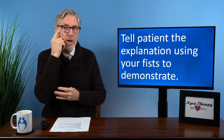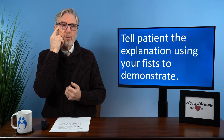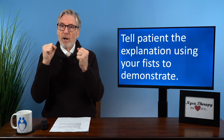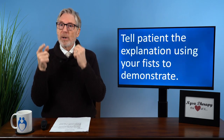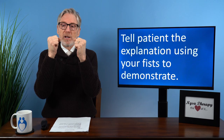And it's mostly nonverbal. So we're going to explain things with words, but we want to show it to the right brain because the right brain is spatial and relational. Spatial and relational. So when we use our fists and we talk, we're talking to both the left brain and the right brain at the same time. So fists are important. So we use our fists to demonstrate, and we say,